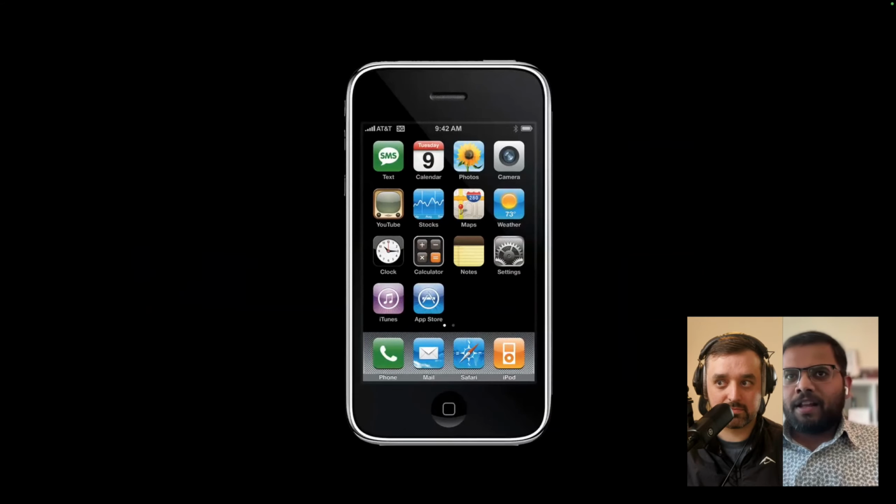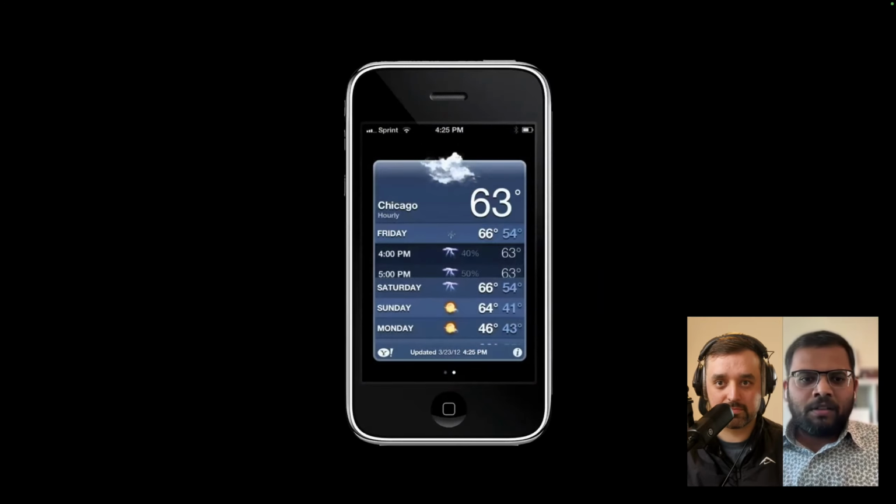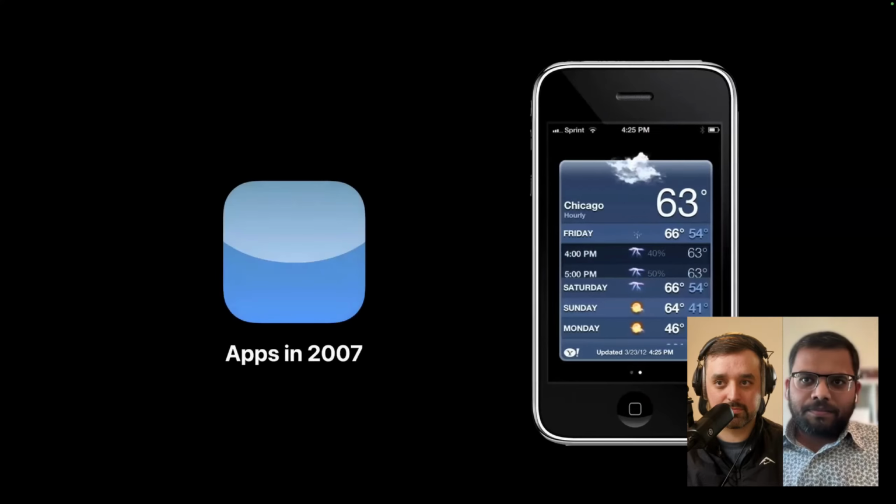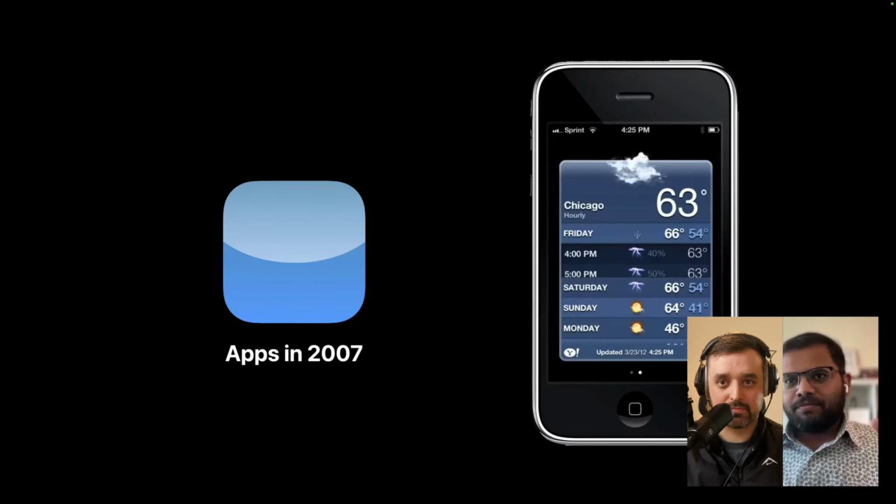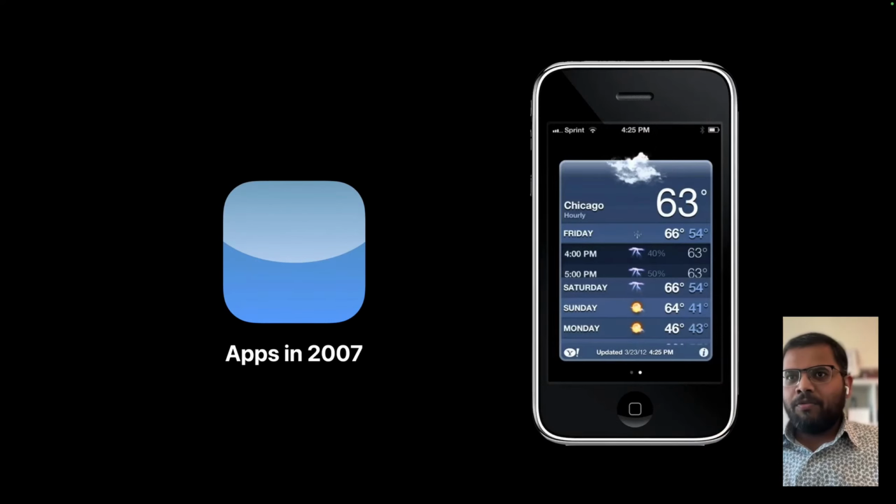And when you look at the interface to perform actions on this particular tool, this is what it looked like in 2007. It's very simple. You have one screen. You can design whatever you feel like on this one screen, and that was it, right?